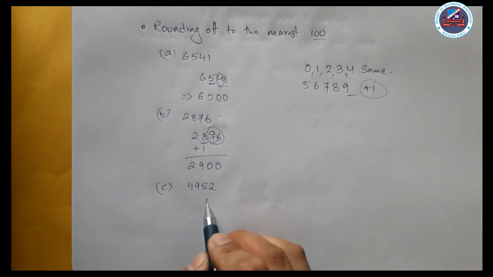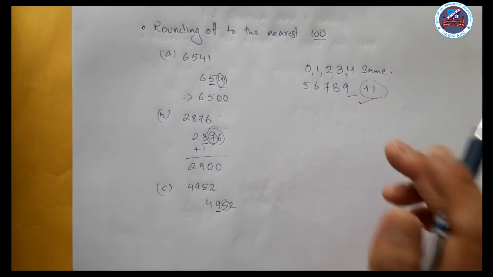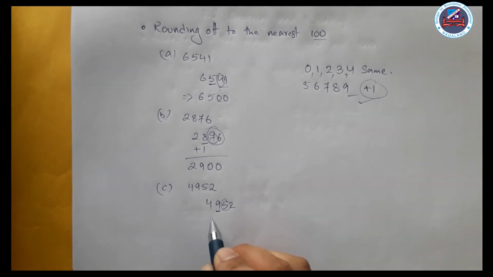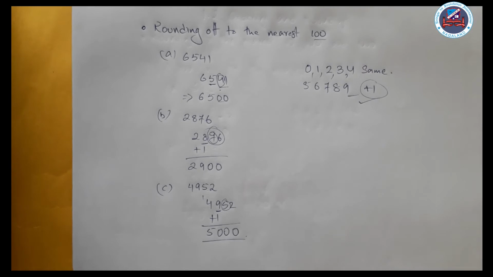4952. So here 9 is in the hundreds place, so we look at 5. So 5 means we have to add 1. So that means plus 1 will give you, now 9 plus 1 is 10. So 4 plus 1, 5. 0, 0, just like how we did in rounding off to the nearest tens. The answer will be 5000, and the mistake again which you may make is